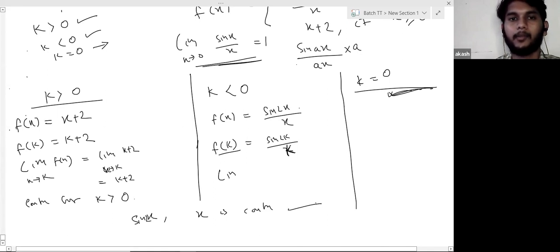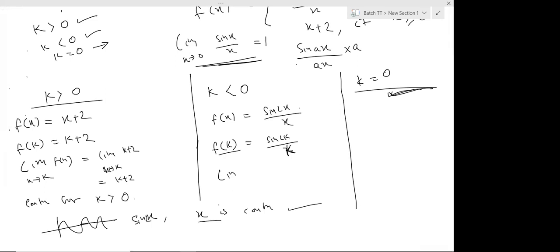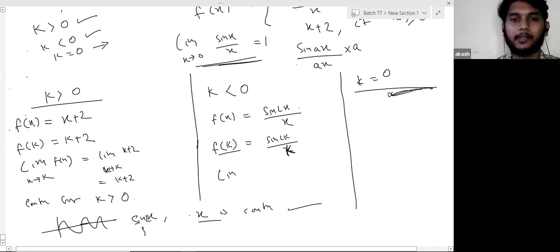Yes or no, everyone? Sahel, Aman, Kinza, Ryan. Sin 2x, I believe you know the graph is continuous. x is a straight line, so this is also continuous. Yes or no? Right. So if this is f and this is g, both are continuous, then we can say f upon g is also continuous.